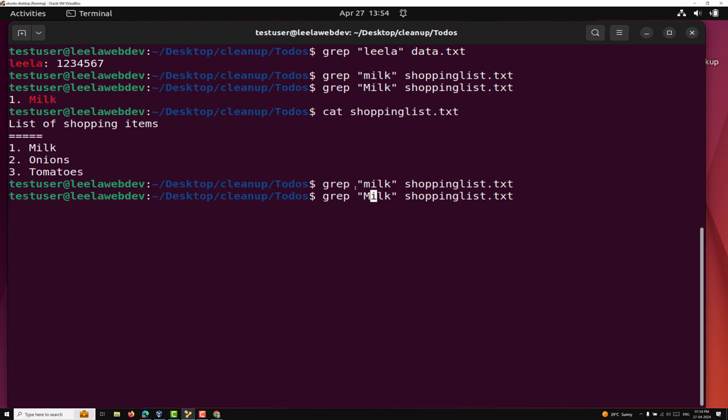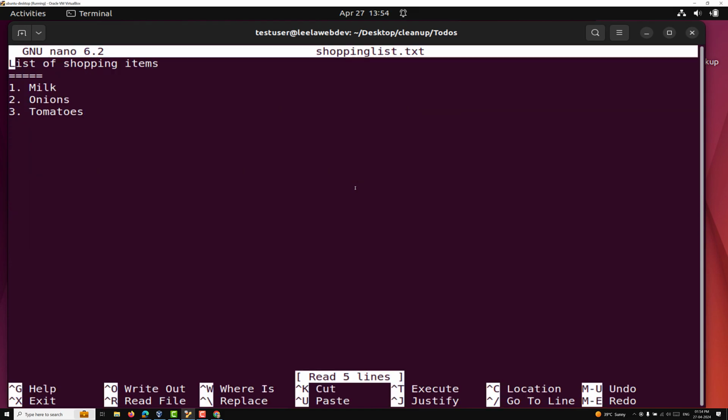Now for example, let's say nano shopping list. If I try to add 4 dot small